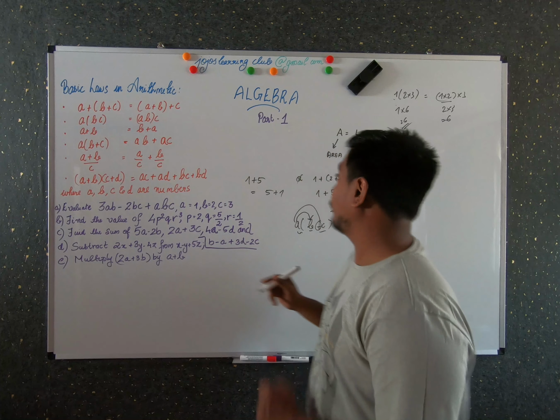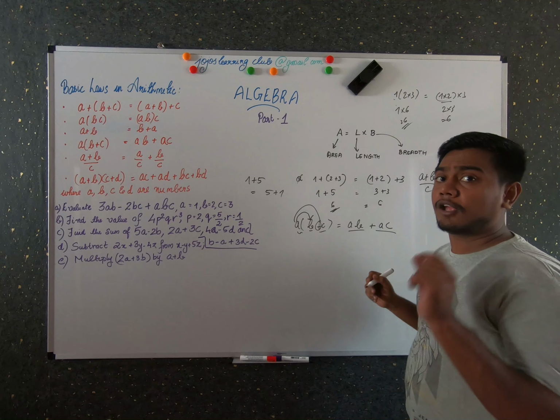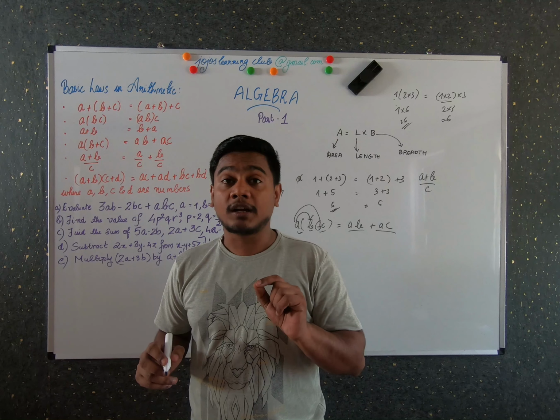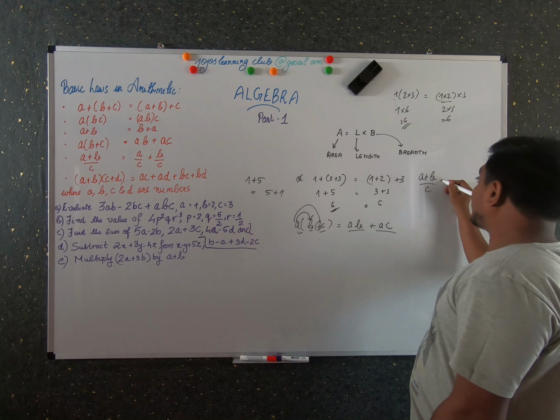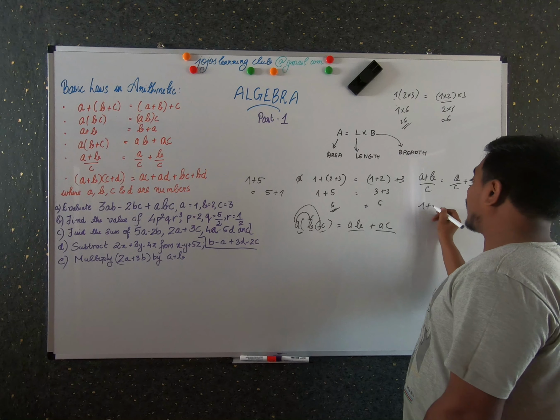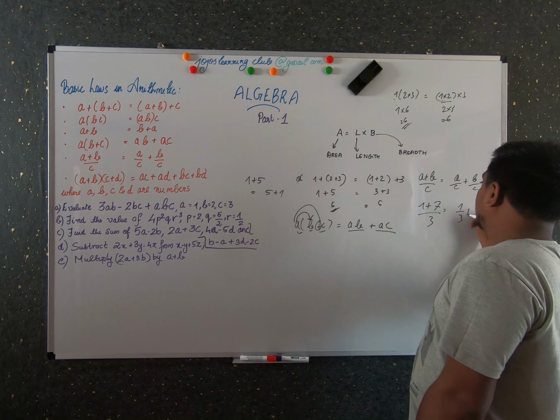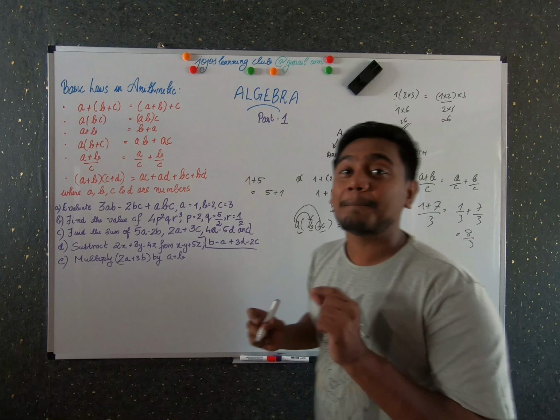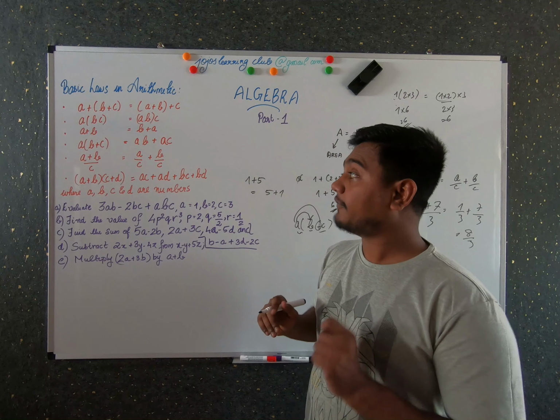And the next law is what you have learned in fractions. When you have fractions with the same denominator, you can write it together or you can group it together. So this is same as A by C plus B by C. For example, when you have (1 plus 7) by 3, which is same as 1 by 3 plus 7 by 3, both of them yield you an answer 8 by 3. So that was the answer for the fifth law.